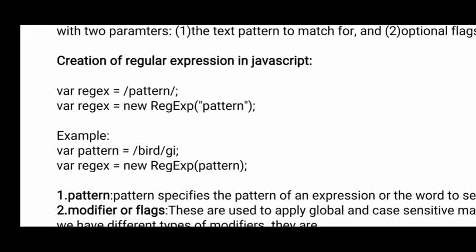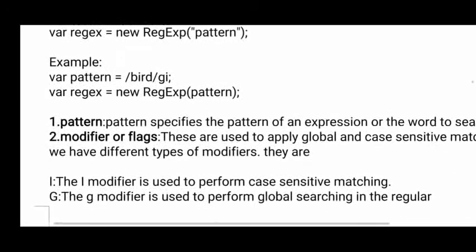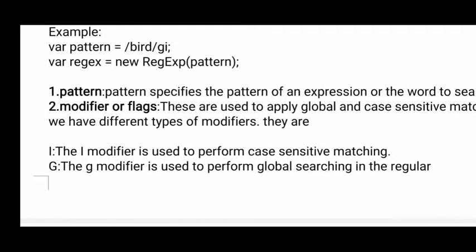Here you see the syntax for the regular expression I have given in JavaScript, where regular expression equals the pattern, whatever you want to search. In the next line I have created one object, where regular expression equals new RegExp. Here new is the memory allocation operator, and RegExp is an object. Using that you can find anything on the browser window and display it using the document.write method. Here pattern means what expression you want to search in the browser window.